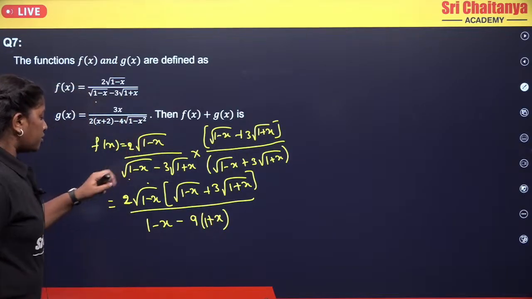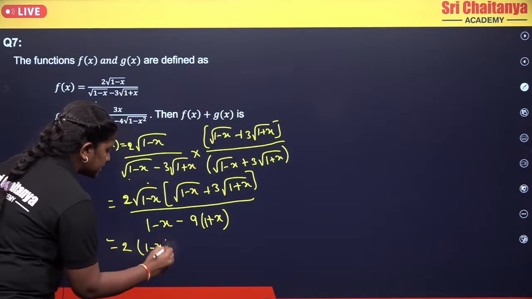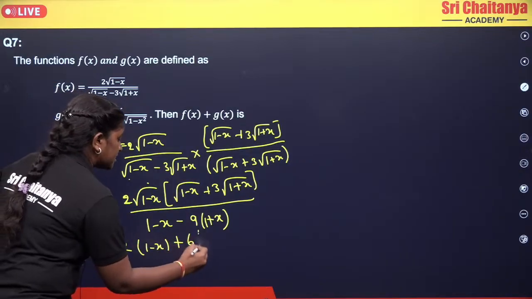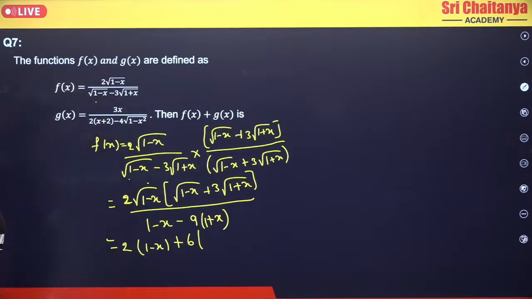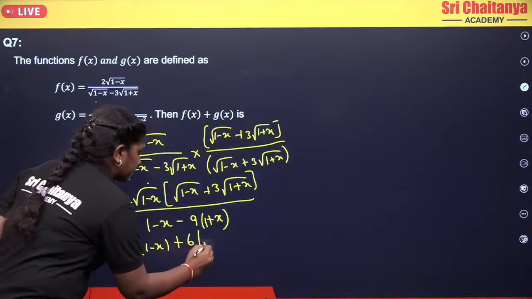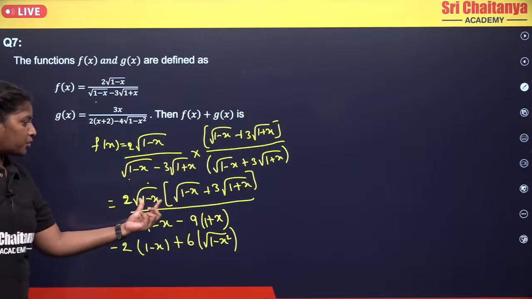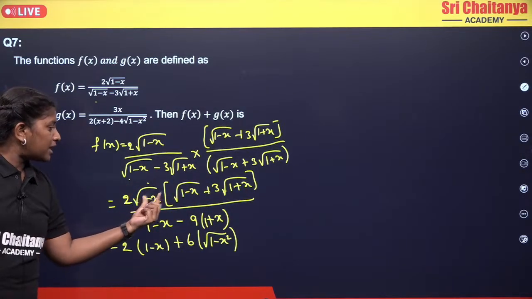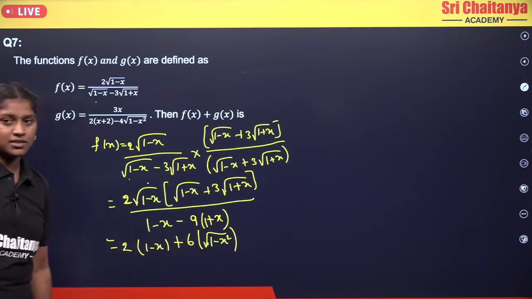Okay. Now coming to your numerator part. So 2 into root, it will get cancelled, 1 minus x. And coming to the next, plus 3 2s are 6, 6 into root of 1 minus x into root of 1 plus x. So what will it become? It will become root of 1 minus x square. Clear? Why? Because it is root a and root b. So root a into root b will give you root of a into b. So 1 minus x into 1 plus x will become a square minus b square. So 1 square will be 1 minus x square by,